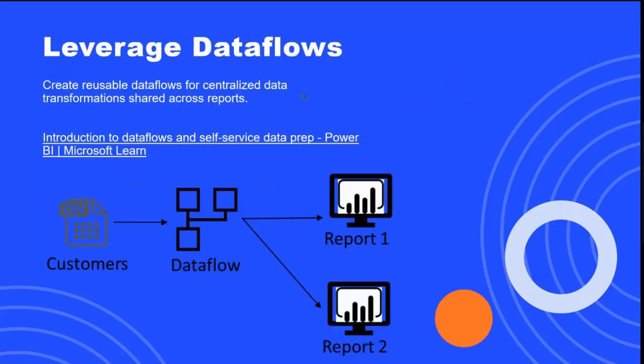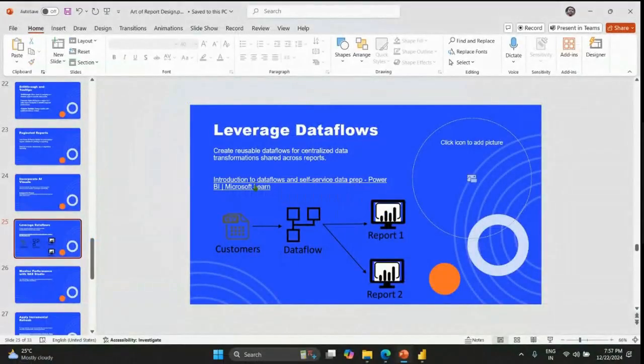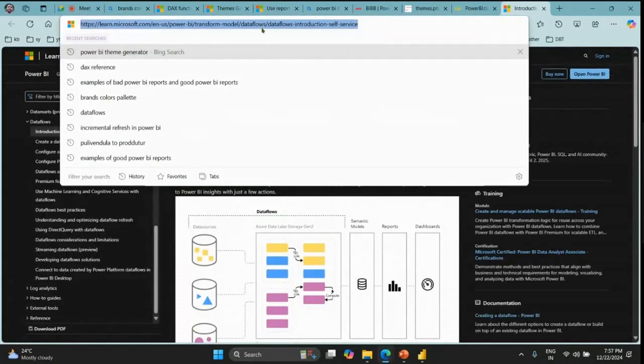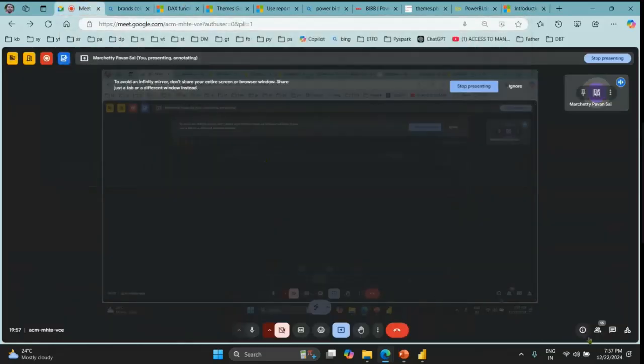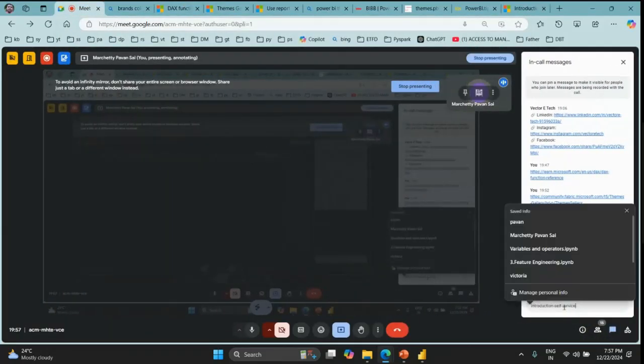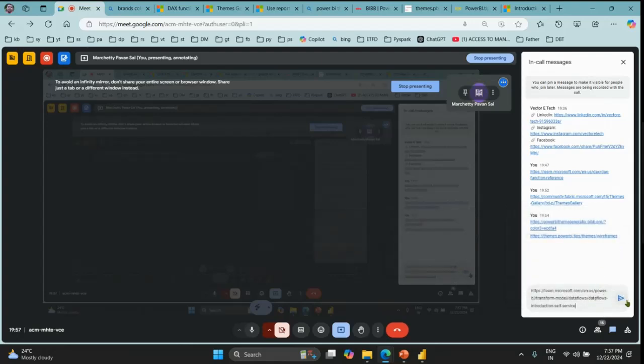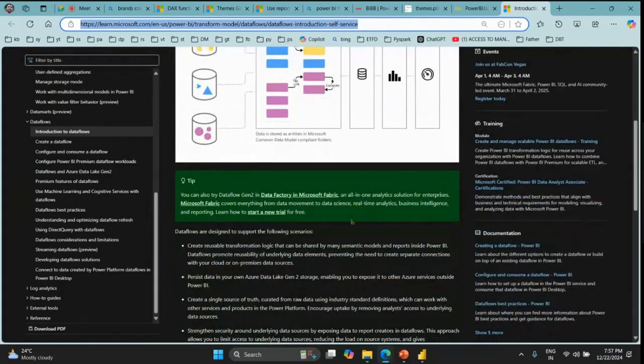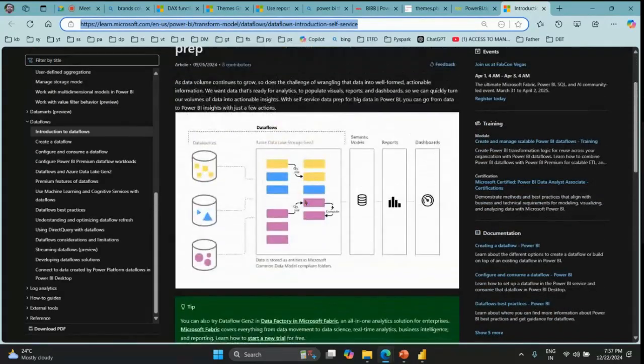And whenever it comes to dataflows, try to create some reusable dataflows for centralized data transformations. Suppose you don't understand what dataflows are, I'll just share this particular link. You can take a few minutes to go through that. What are dataflows, an introduction to that, and what is self-service data prep and other things, right? So you can understand